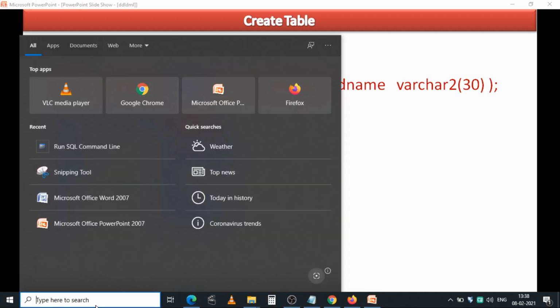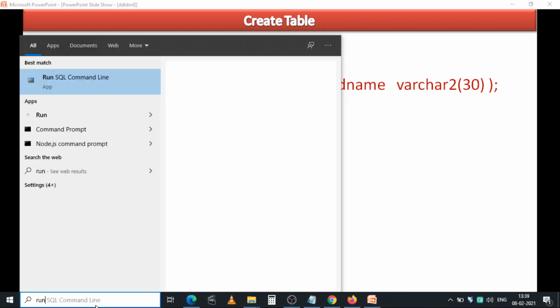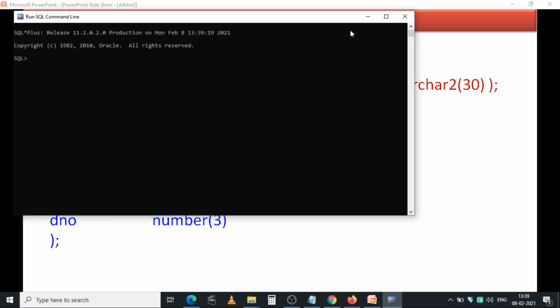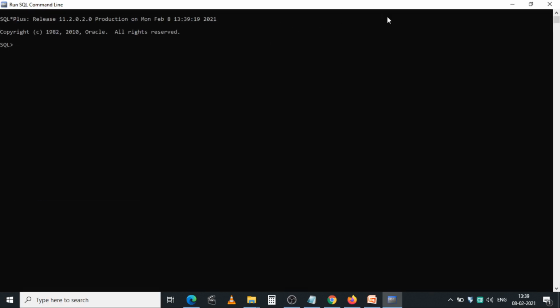To open the SQL command line environment to execute the queries, type run SQL command line in the search bar, and double click on run SQL command line to open it.